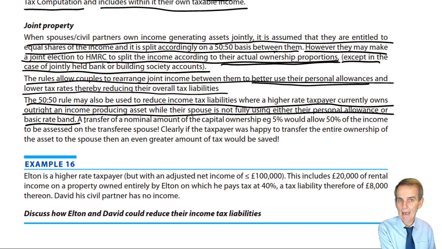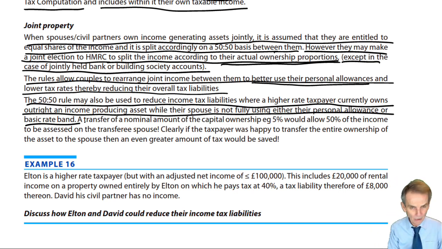If the other spouse is paying tax at a lower rate, or indeed is not paying tax at all and they have some unused personal allowance, then being able to move income out of a higher rate of tax to a lower rate of tax or to no tax at all, because we're using up some currently unused personal allowance, that has to be a good idea. All right, we're going to do some examples on this in a moment, but just picking up what I said there,